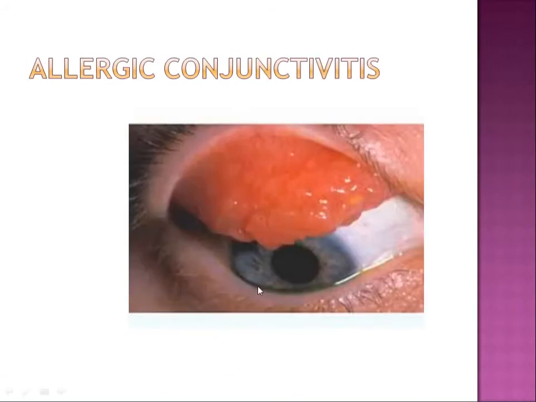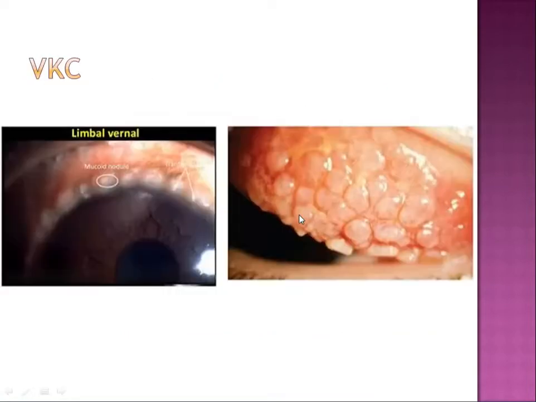Now, allergic conjunctivitis per se will always have palpebral features. It might be the presence of papillae, which might be very acute, like here you're seeing very big papillae, which are red and congested palpebral conjunctiva with big papillae. You can see these papillae are all flat topped, whereas the follicles will be raised lesions. And because of this long-standing allergy, there will be changes present in the palpebral conjunctiva.